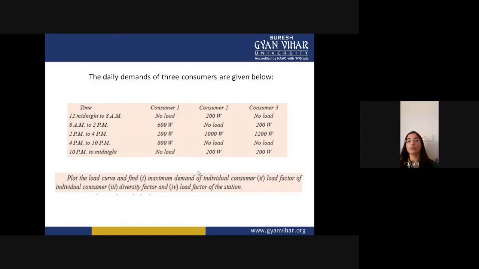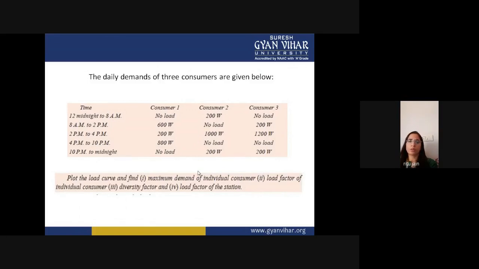From 4 p.m. to 10 p.m., consumer 1 requires 800 watt, and consumers 2 and 3 require no load. From 10 p.m. to midnight, consumer 1 requires no load, consumer 2 requires 200 watt, and consumer 3